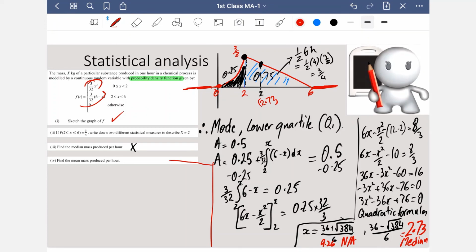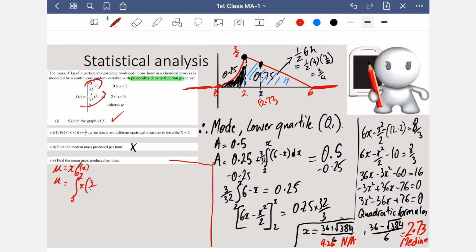Well, we know that the mean from the formula sheet is given to us as x f of x. Okay, now we apply that to discrete data, but we can also apply it to continuous data over here as well. So guys, the mean is going to be the integral from 0 to 2 of x, f of x,